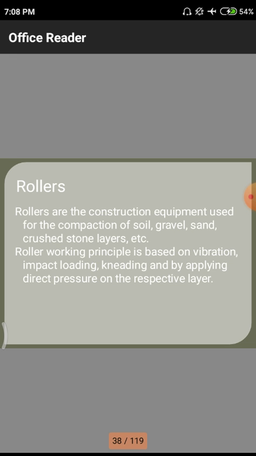Why? Because mainly we are using these rollers for the soil. In other fields we are having gravel, sand and crushed stone layers, etc. This gravel is used in the pavements, below the pavements. In transportation engineering itself we studied these pavements. In the pavements also we are having different subsurfaces. In the subsurfaces and ground surfaces we have to use these materials, which are waste from the industries.